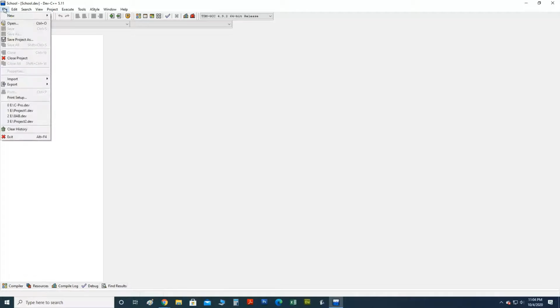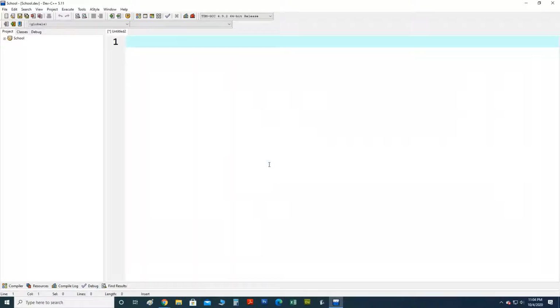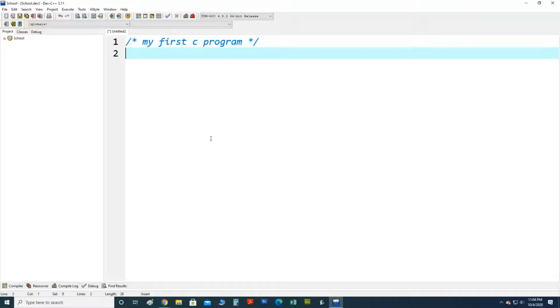Now to write the very first C program, all you need to do is click on the File menu, click on New, click on Source File. From this confirmation dialog box, click Yes to add a new file to the current project. Start writing your code here. I begin with a comment line, that is my first C program, and the comment. Next is